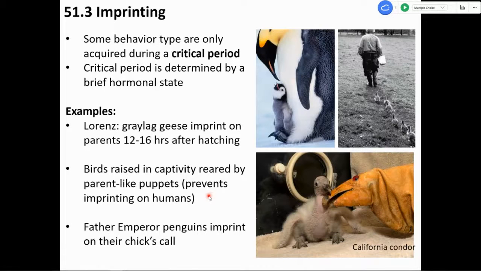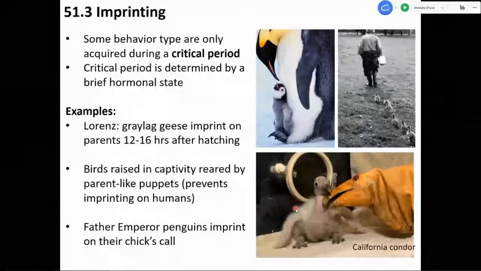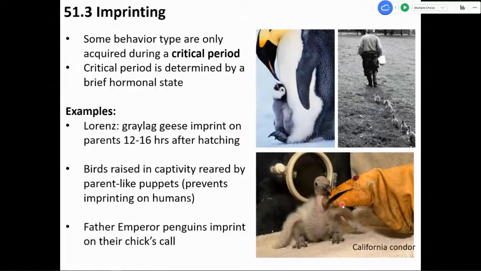But in conservation biology, this can be important, and a good example of this is California condors, which a few decades ago there was just a handful of left in the world, and they were all brought into captivity for breeding programs, and then they release the animals later into the wild, and they don't want those chicks to imprint on humans. So when they rear them, they have these little hand puppets that they feed them with when they're chicks. So they're imprinting on something that looks like an actual condor bird, basically.